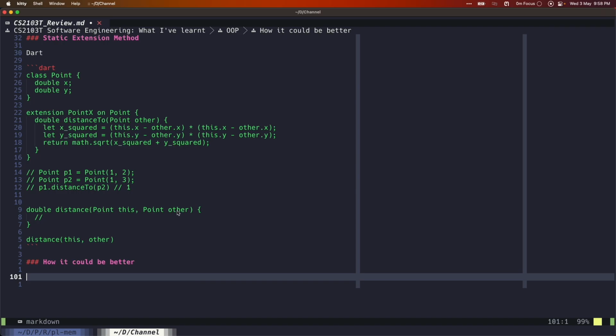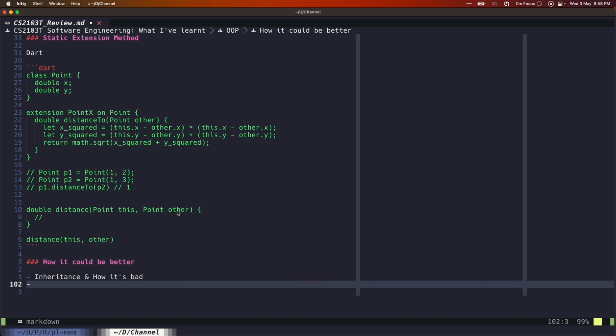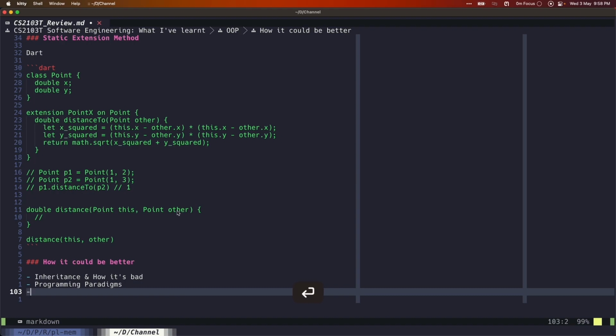if it talked about inheritance and how it's bad, right? If we could spend more time talking about the different programming paradigms, I feel like that could make software engineering much more interesting. And I feel like it could talk about the, what?